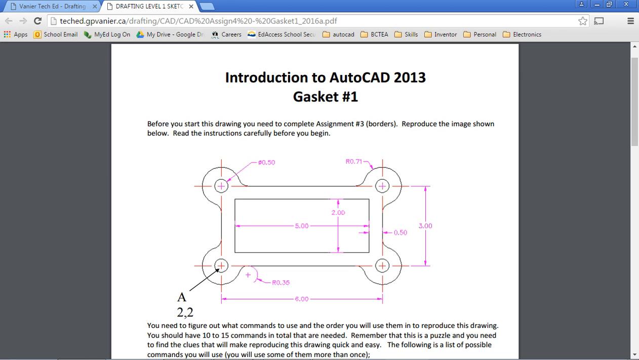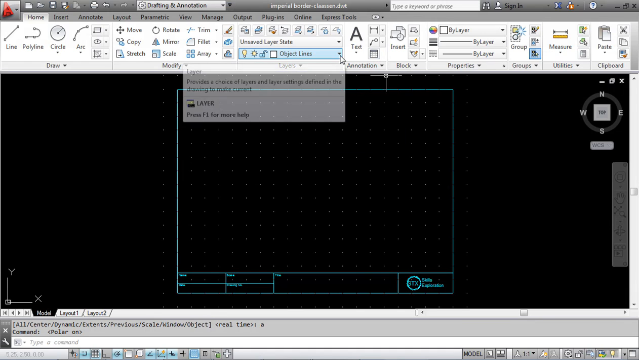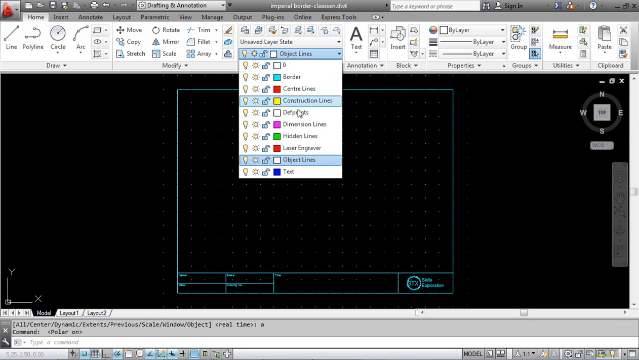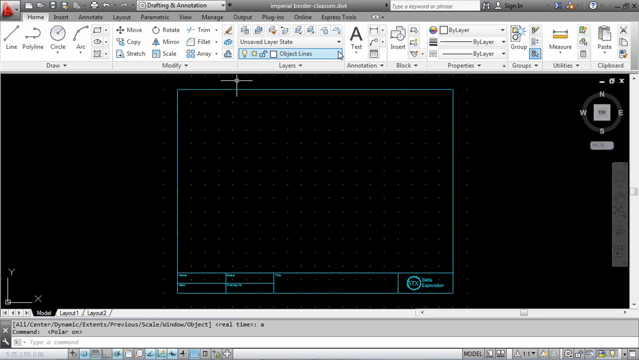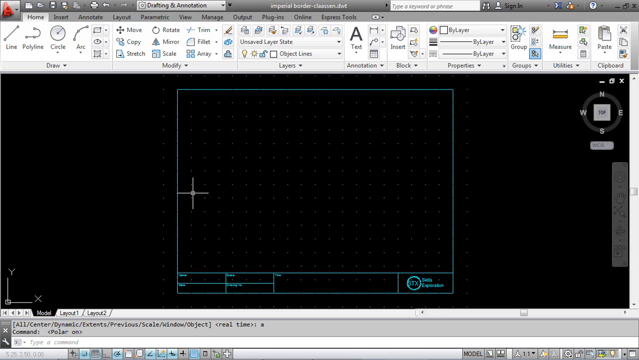To get started, you have to make sure you have your default border done from the previous assignment and make sure everything's there. So when I go to the drop down menu, I should have all my different layers there, and on the screen right now you should have your border turned on and you should see the border layer. Okay. Now what I'm going to do is change to object lines. So I come down here and I switch to my layer called object lines,